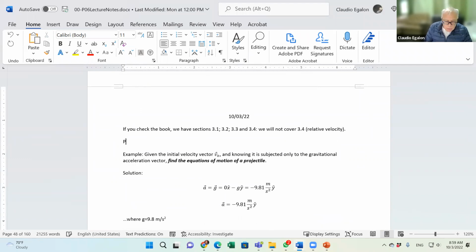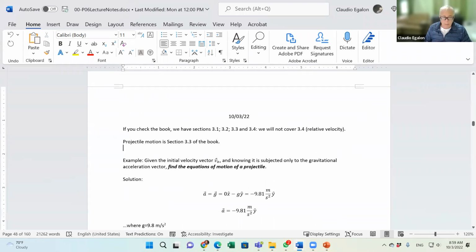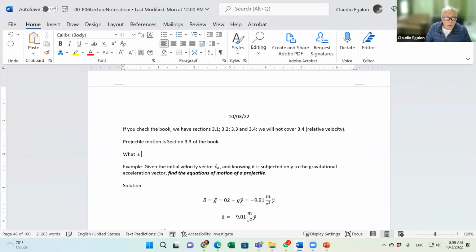Projectile motion is section 3.3 of the book. What is projectile motion? You have to remember this definition. Projectile motion is motion of an object